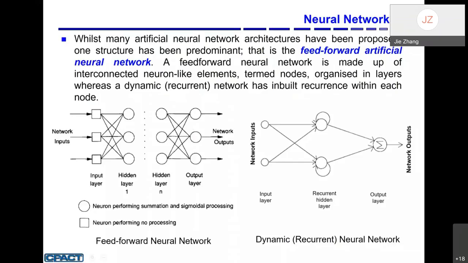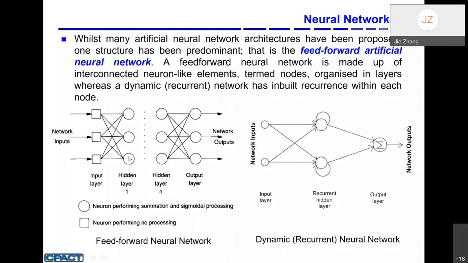So this figure shows this multi-layer feed-forward neural network. You can see you have the input layer, the hidden layer, and there can be more than one hidden layer, and the output layer. The information flows in this forward direction, so it's called a feed-forward network. This one is the most commonly used neural network in